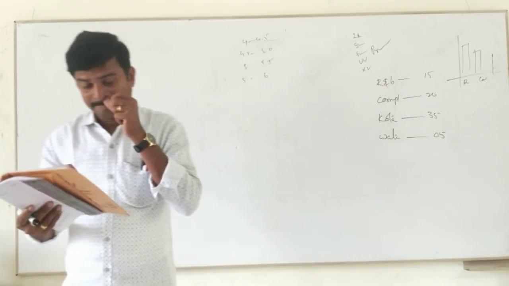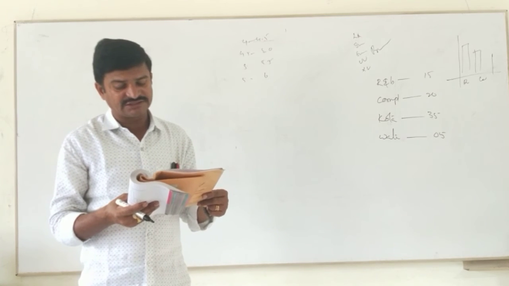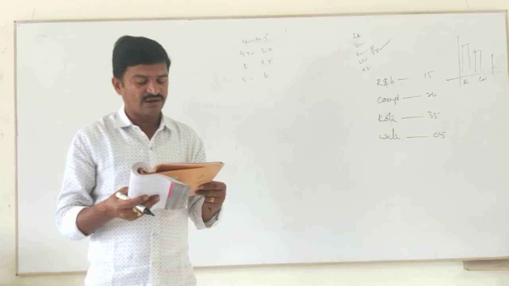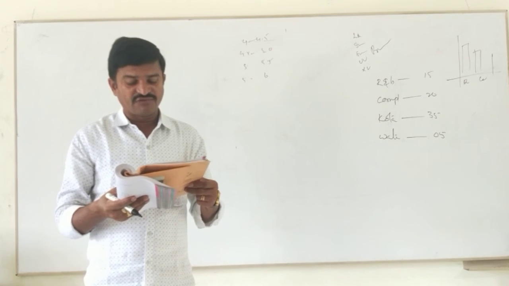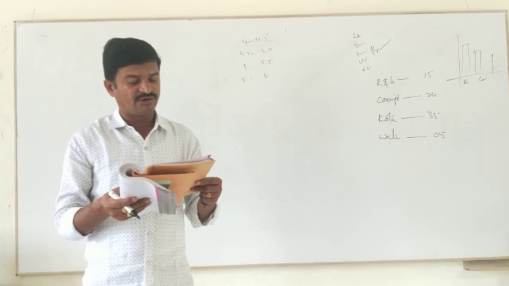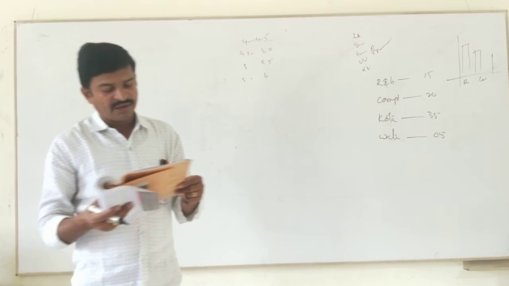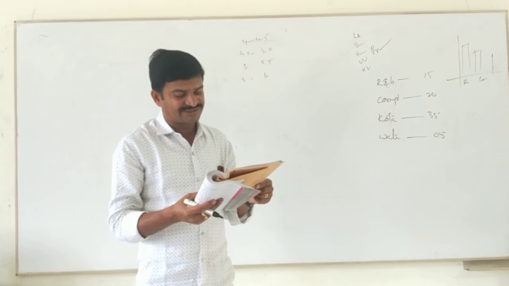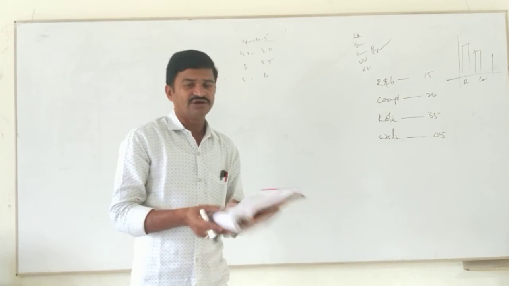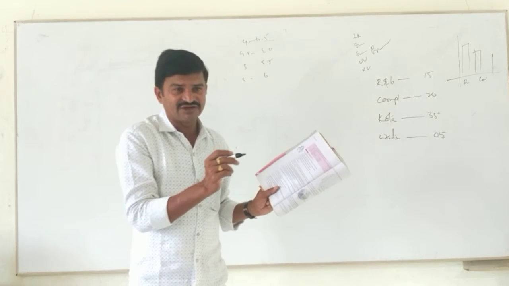Second question. The shoppers who came to a departmental store are marked as M for man, W for woman, B for boy, or G for girl. The following list gives the shoppers who came during the first hour in the morning. These are the people who came. Make a frequency distribution table using tally marks. Draw a bar graph to illustrate. So here, this distribution is there. For this distribution, classes will come.